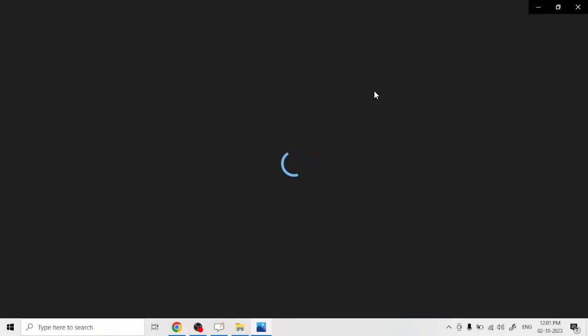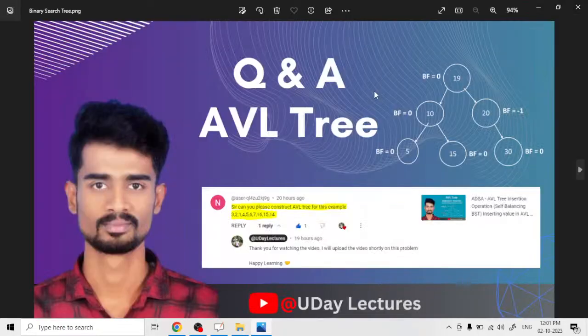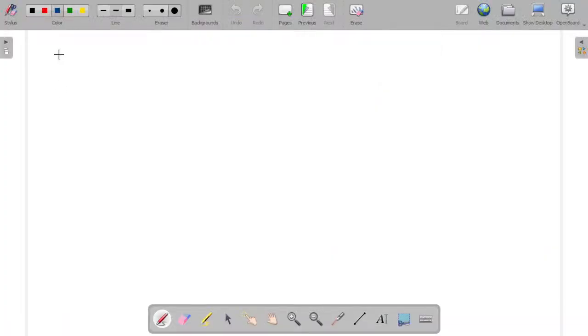So what is the advantage of AVL tree compared to binary tree? Right. So the advantage of AVL tree is this. As I said already, in binary search tree, the time complexity is big O of n, which we also call linear time. So for example, if you have a tree like this,